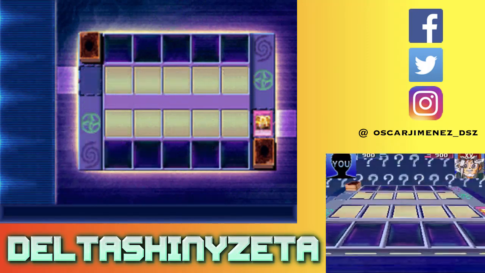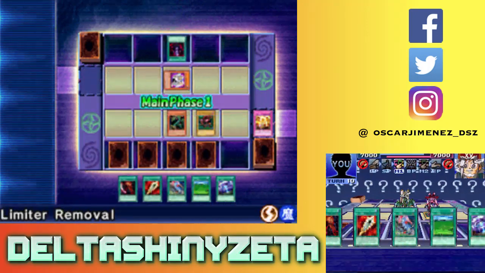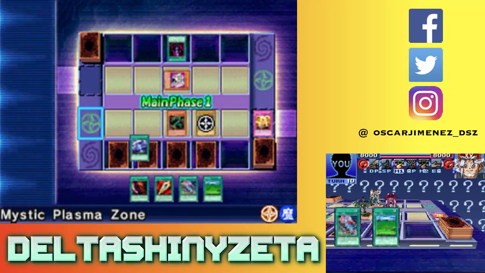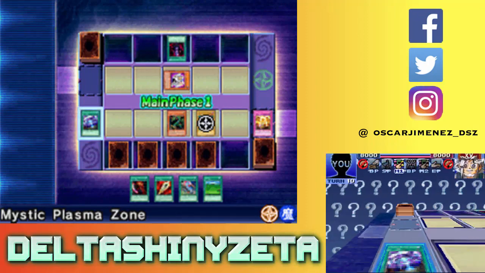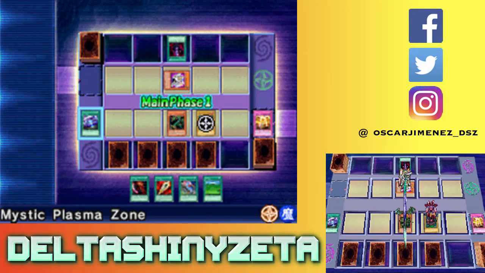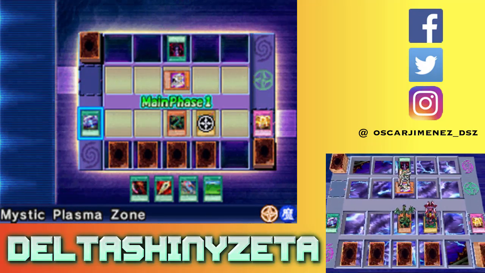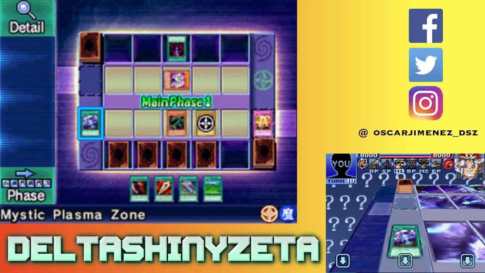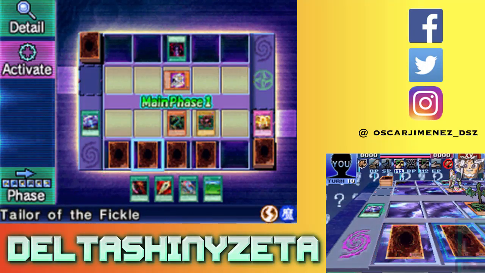Oh my god. Yeah, don't mash it too fast, man, because then this kind of thing will happen and it's ridiculous. Alright, so what you're supposed to do... Okay, I'll start by activating Mystic Plasma Zone again. Let's do that. Okay. Yeah, what you have to do is change the machine. It's just that I pressed the A button one too many times, and the first one was actually Dragon, so that was unfortunate. But anyway,